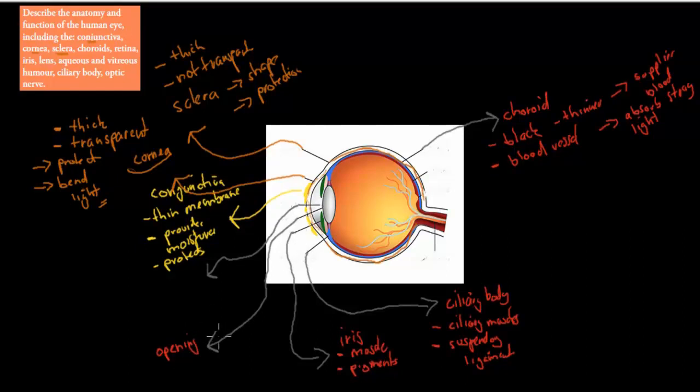Sorry, this was actually meant to be the lens. What kind of structure does the lens have? Well, it's a biconvex lens. Convex means it has a bulge. Bi means two, so it's going to have a bulge on both sides, one on this side and another on this side, which is why it's called biconvex. It's also transparent, so it's see-through, which is important,